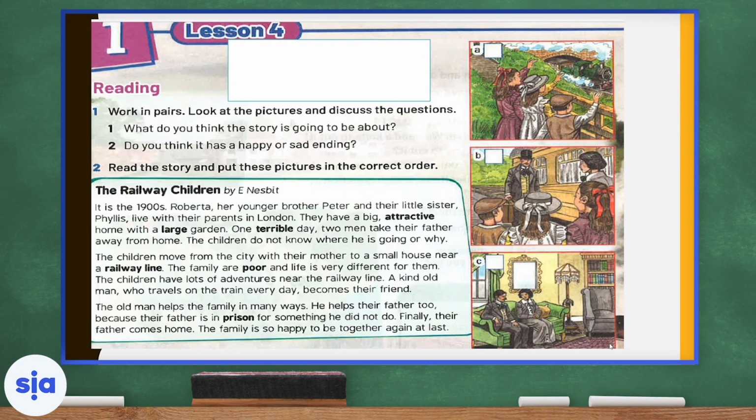We're going to move on to Lesson 4, the reading section, The Railway Children, by E. Nesbitt. Let's read question 1. Work in pairs, look at the pictures, and discuss the questions. So, you need to look at the 3 pictures on the right-hand side and discuss what you see with a